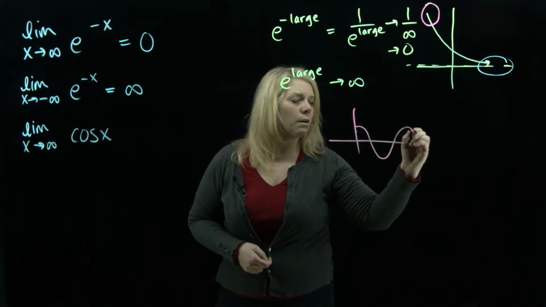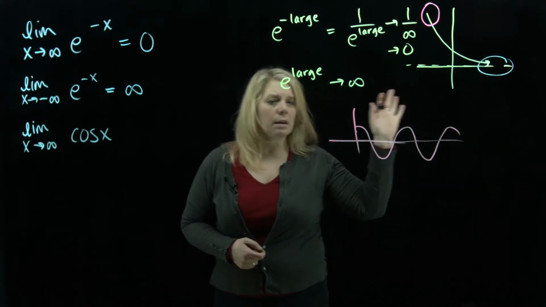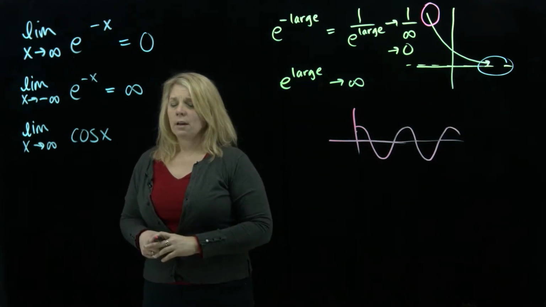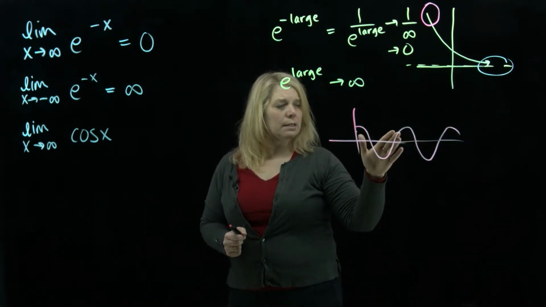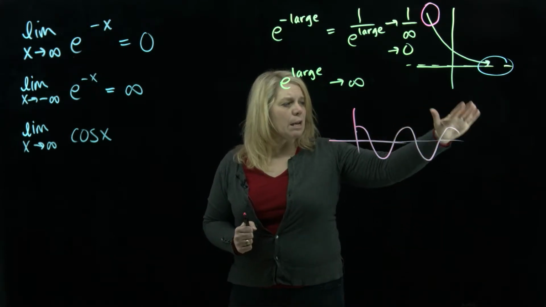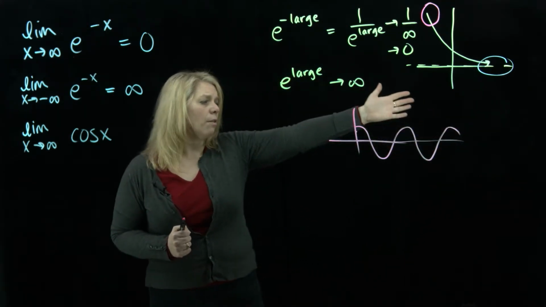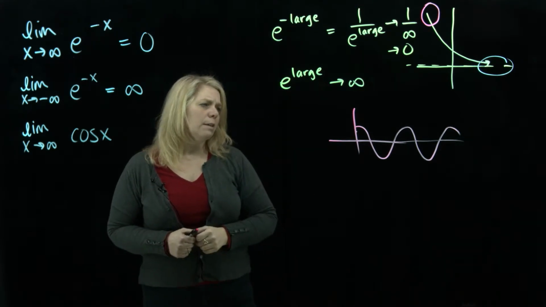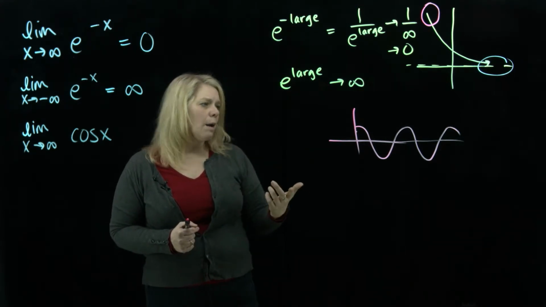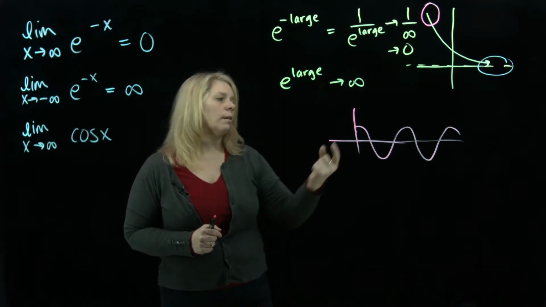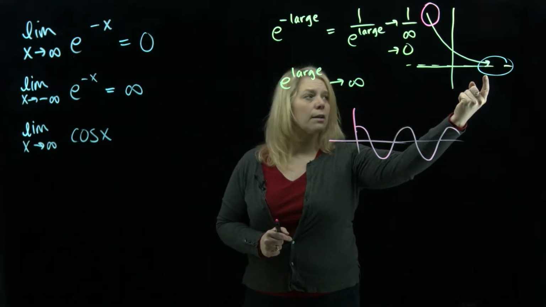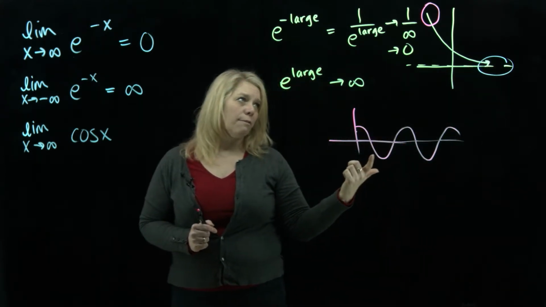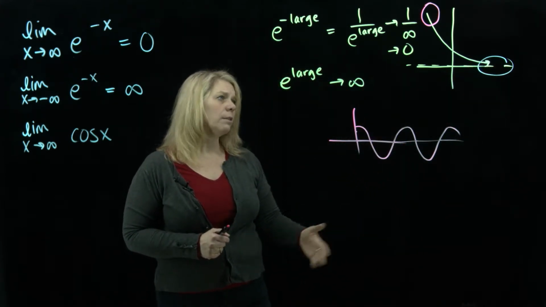All right, so cosine wave, thinking about that, and thinking about as you go to the far right end of that graph. When you think about this, that's going to just keep bouncing up and down as you go all the way as far as you can keep going to the right. So the output values of that function are not approaching a number like they were for the e to the negative x one, where the output values were approaching a number, 2. The output values of the function are not growing without bound,